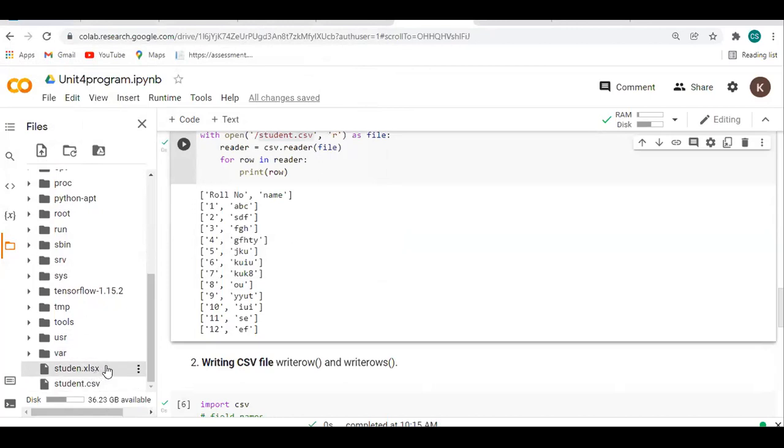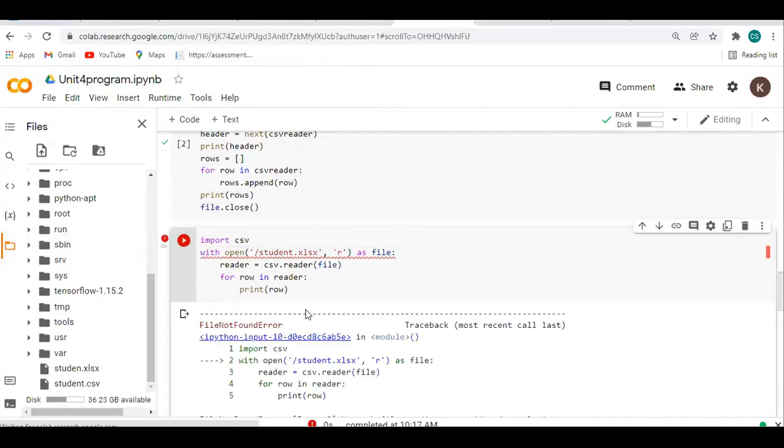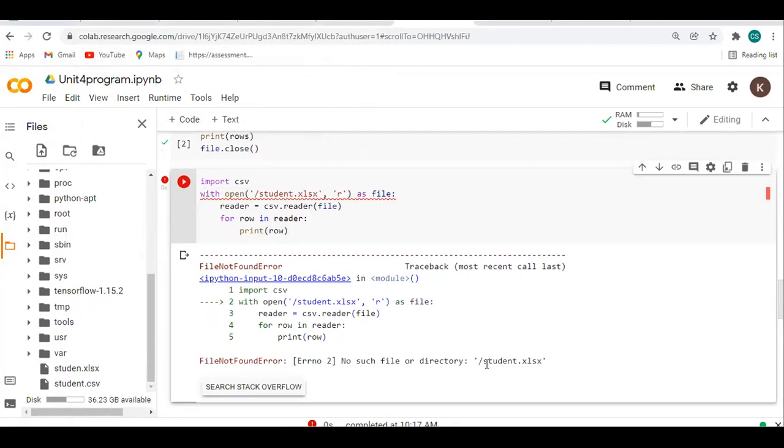Now this file will be accepted. You have to see the extension. It will be in XLX format. Suppose here I mention that XLX, I will write like this. So it will give an error. Why? Because this is not accessible here, because we are performing all the operations related to CSV. So for reading we have the reader method, and for writing we have the writer method. So there is no other way.